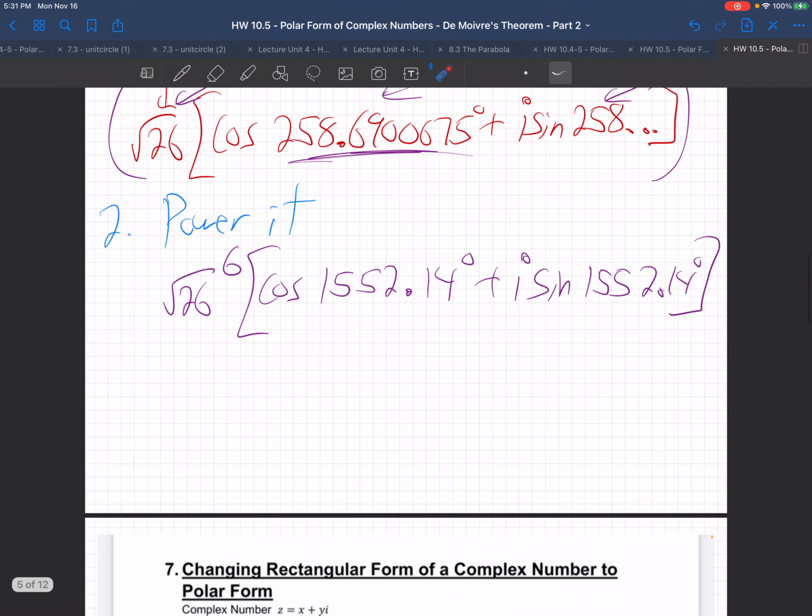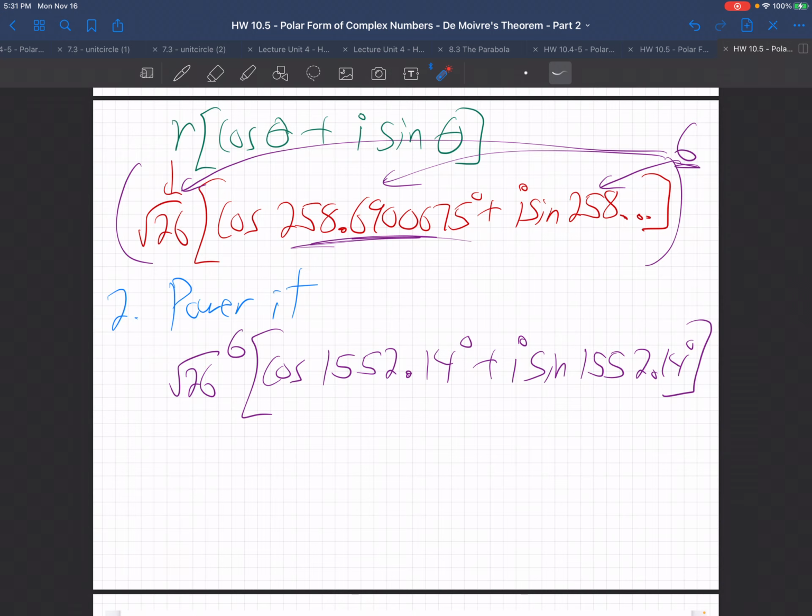So now we just take that number in the front. What is the square root of 26 to the 6th power? Take your calculator, take the square root of 26 to the 6th power, and you'll get a nice clean number. Don't put in a decimal. Do exactly what it says. Square root of 26 to the 6th power. You'll get 17,576. Distribute that, times the cosine of